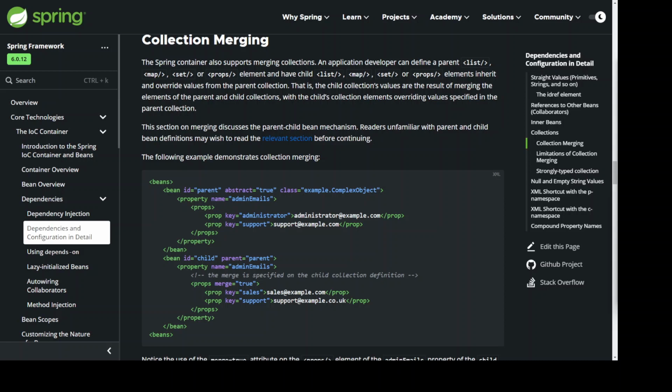Readers unfamiliar with parent and child bean definitions may wish to read the relevant section before continuing. The following example demonstrates collection merging. <beans><bean id="parent" abstract="true" class="example.ComplexObject"><property name="adminEmails"><props><prop key="administrator">administrator@example.com</prop><prop key="support">support@example.com</prop></props></property></bean><bean id="child" parent="parent"><property name="adminEmails">